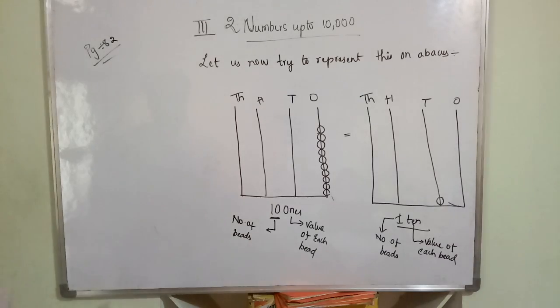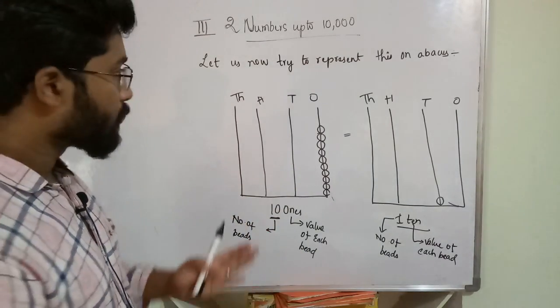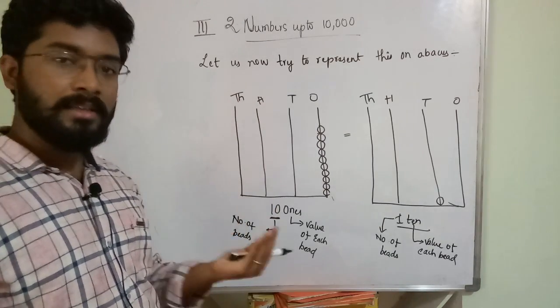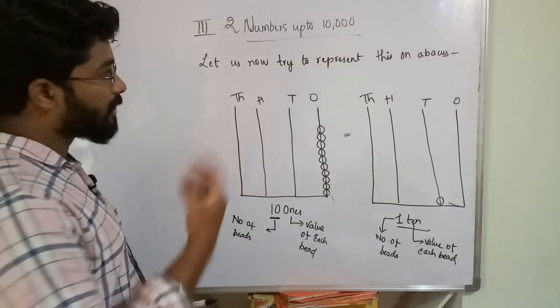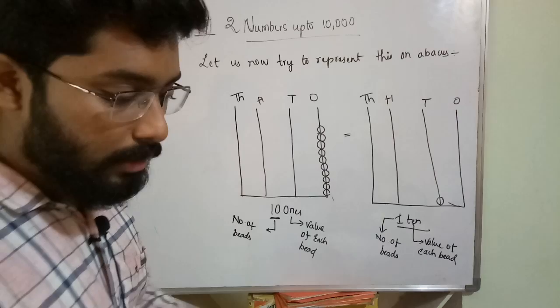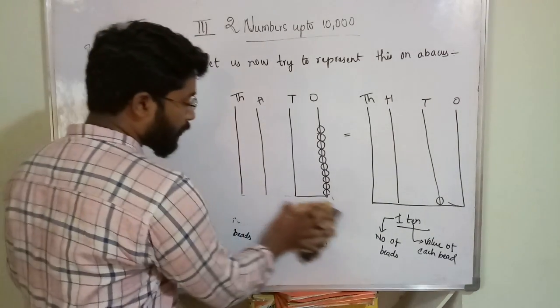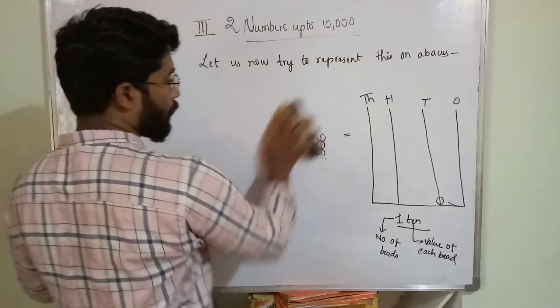So this is how we will represent in the form of an abacus, okay. We will understand it very clearly. If we take some time also, it's not a problem, but we have to understand the concept clearly. So in the next class we will discuss hundreds and thousands, okay. Till then you have to revise what I am saying in this class, okay. Okay, thank you.